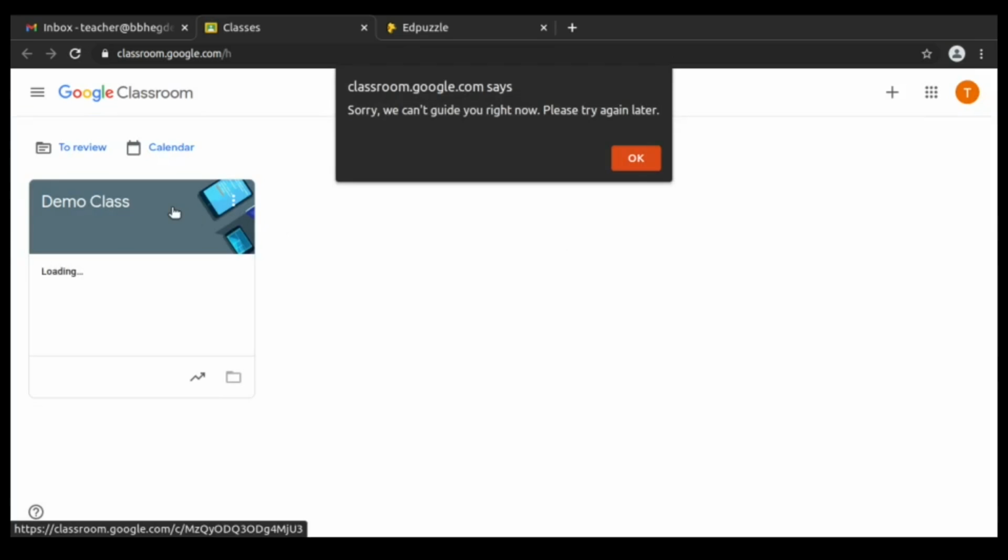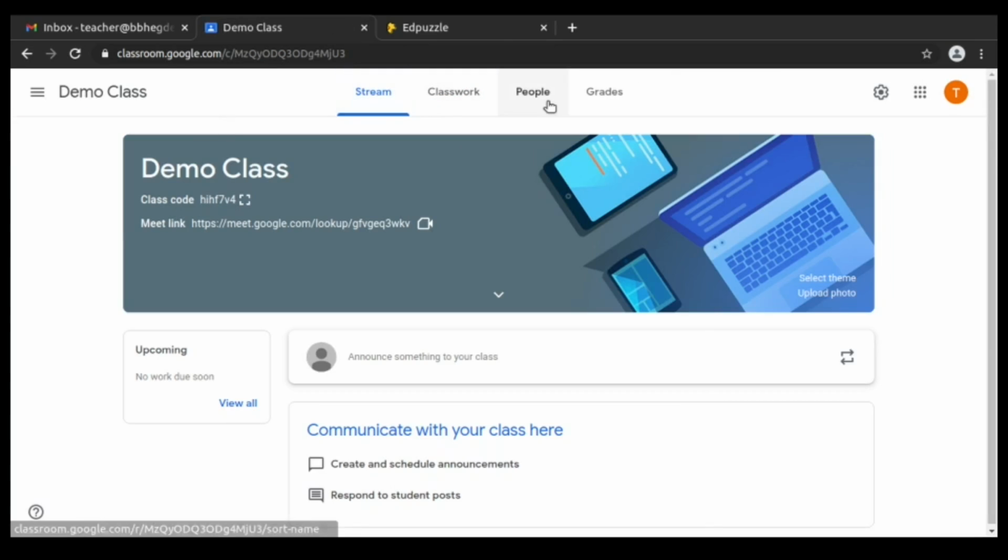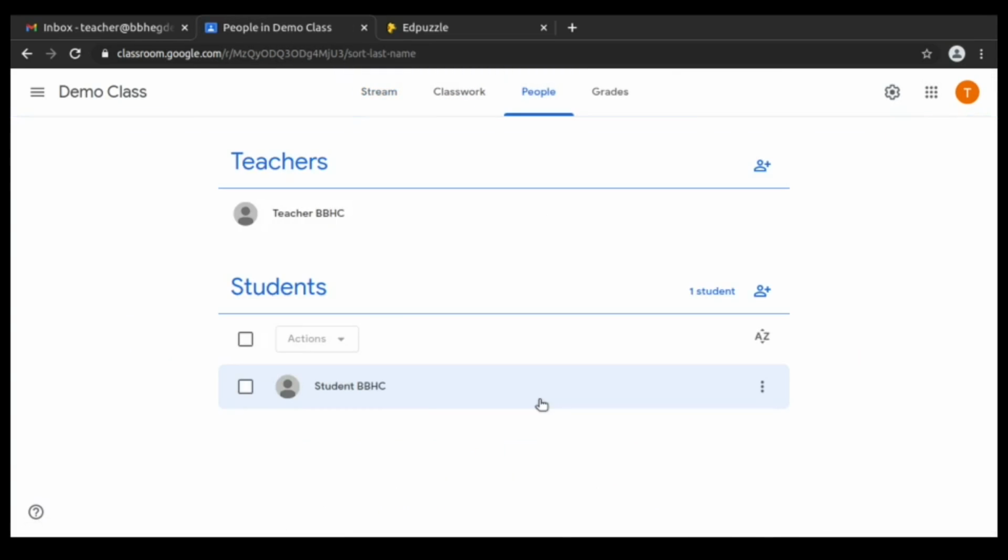Once the classroom opens, I have already created a class called demo class. Just open the demo class. I have invited the student and I have joined the student into the class. So here for the demonstration, I have used only one student. In real classes, there may be more students. As the number increases, you can note that there are multiple students. Similarly, I have added only one teacher to the classroom. Multiple teachers are possible with a classroom.